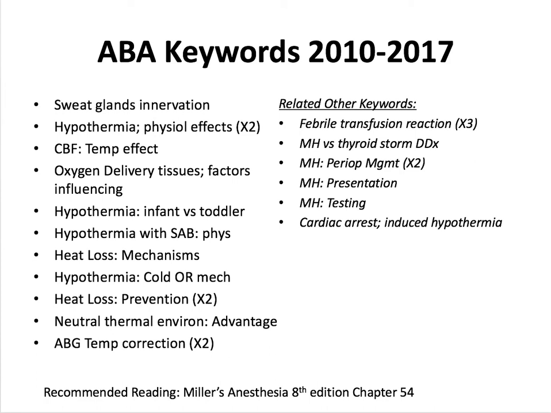Hypothermia, some of the mechanisms like radiant heat loss in the operating room. How do we prevent heat loss? Things like warming the operating room and forced air warmers. And arterial blood gas temperature correction. When the temperature of the patient, for example, is cold, what happens to oxygen partial pressure, CO2 partial pressure, and